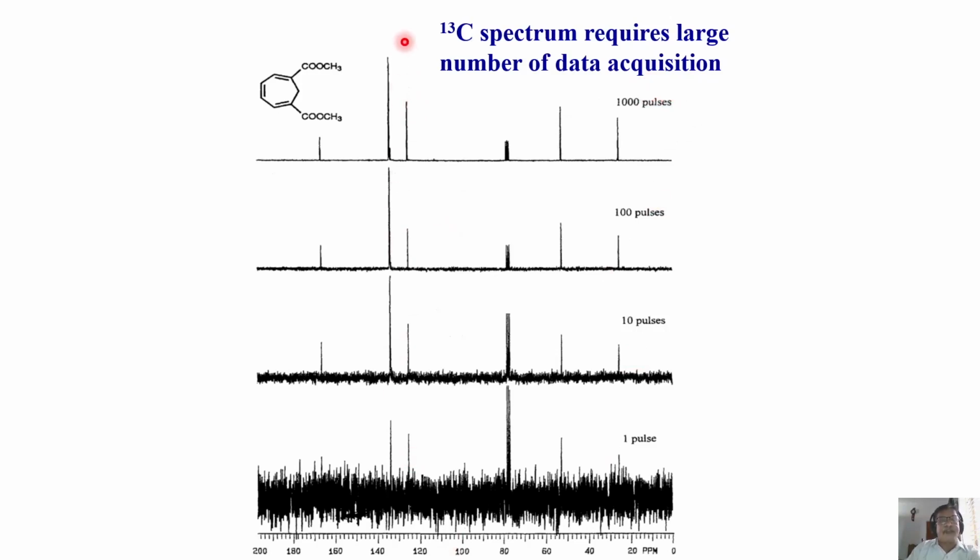What is the change you are seeing? Look at it. It was very noisy. The noise reduces much less. And you see all these peaks which were not visible here, especially this peak. And look at the signal to noise ratio of this peak. We can clearly see all these peaks. So carbon-13 NMR requires a lot of data acquisition. Enormous time it requires